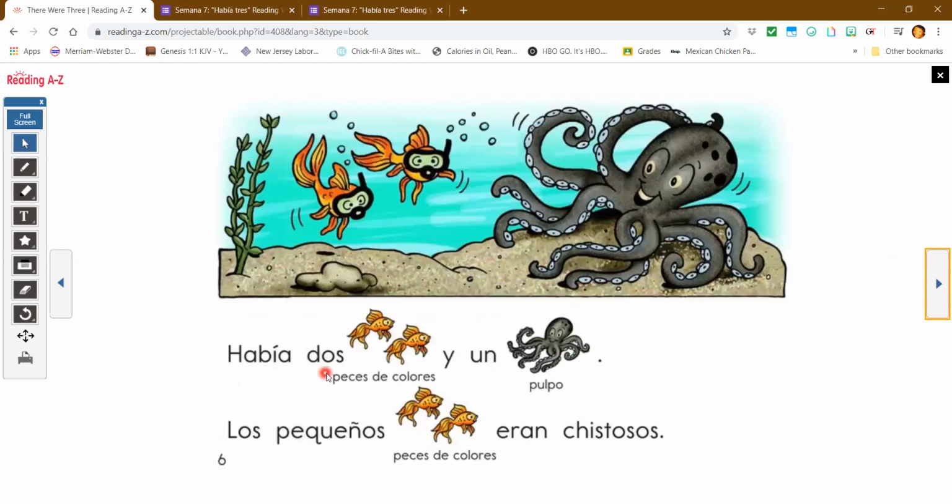There were 2 colored fishes and an octopus. The small colored fishies were funny.